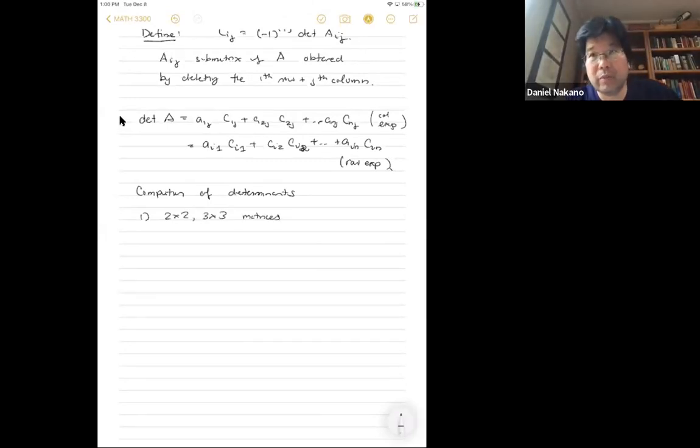There are explicit formulas that you can use to compute the determinant. The other way is row or column expansion. And the final way is you can use Gaussian elimination